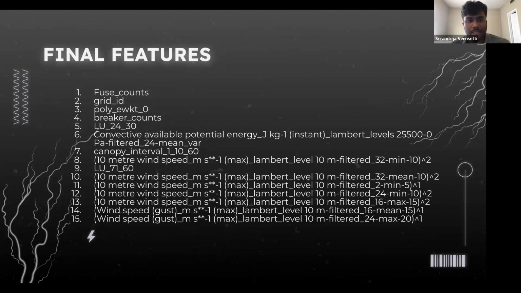The poly EWKT0 variable potentially gives us the geographic location, or the geographic layout, of the power grid, which is good for spatial analysis. The LU2430 code is potentially a land use code, correlating a specific area that has been impacted by the severe weather. CAPE is a very typical acronym that's used to measure atmospheric instability. It's a very good predictor of how the severe weather is going to impact